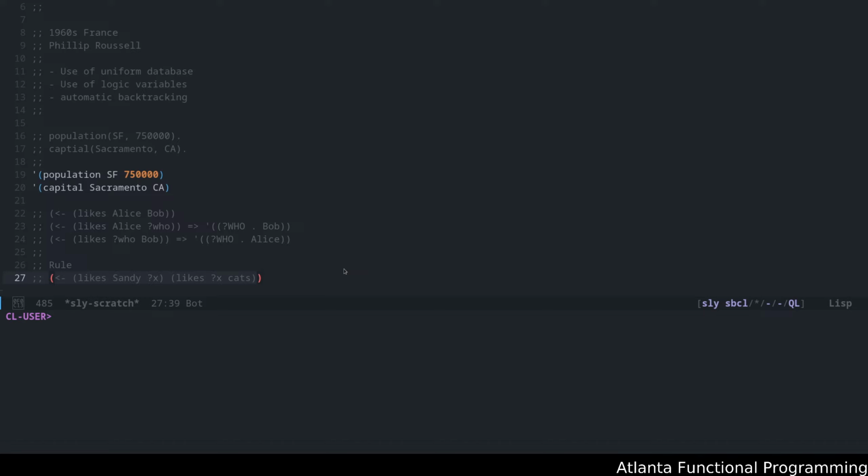For those who understand that Common Lisp is a prefix language, if you wrote this infixed, and you're looking at it, it will end up becoming a logical assertion: if Sandy likes a person, that implies that that person likes cats. All right. You can also look at it as